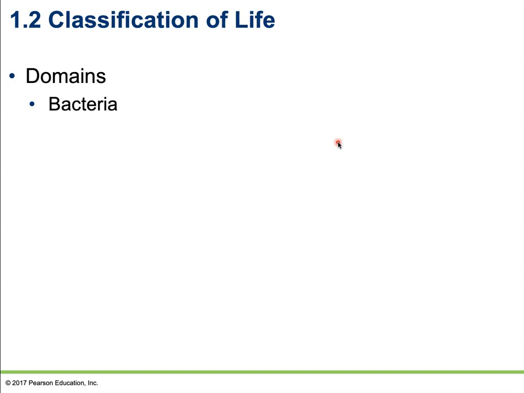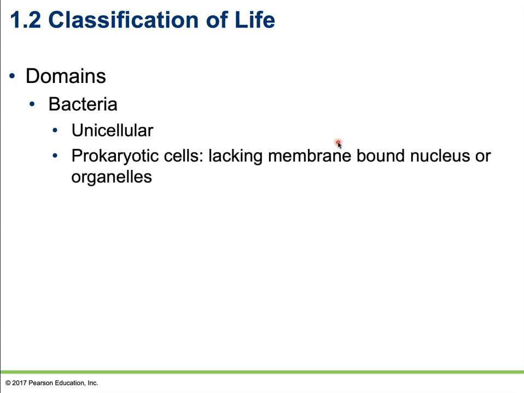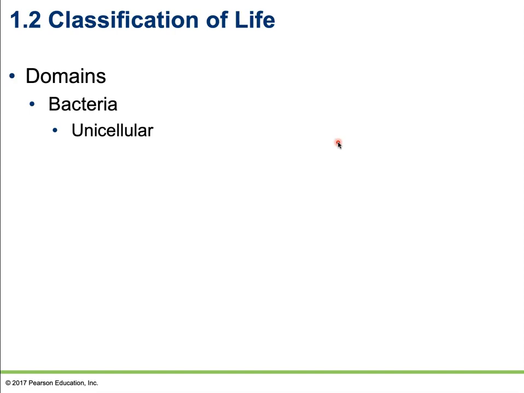Each one of these organisms found in the domain bacteria is going to be, as we said before, unicellular. Does anybody know what that means? Here I'm going to pause for dramatic effect so you can pause the video and write down on your sheet, what does unicellular mean? They're also going to be prokaryotic cells. Does anybody know, or have you found in your reading, what does prokaryotic mean? This is another great chance to fill in or pipe up during our group discussions.